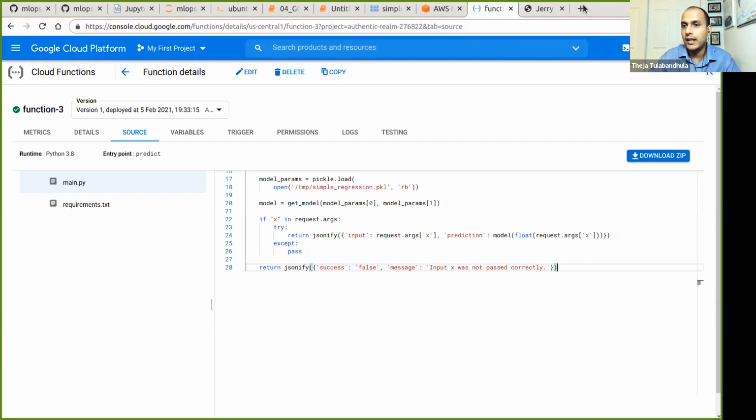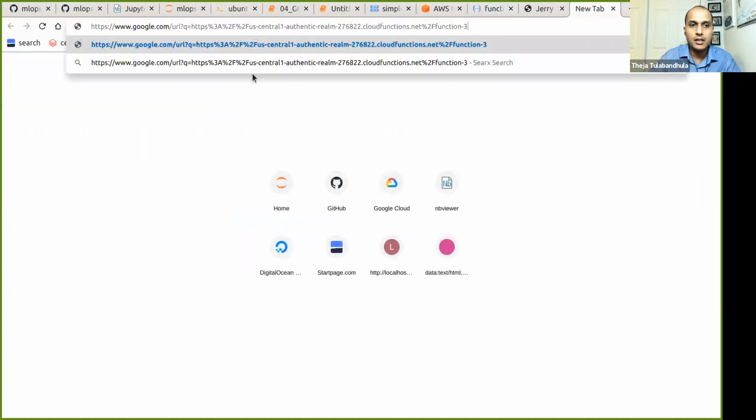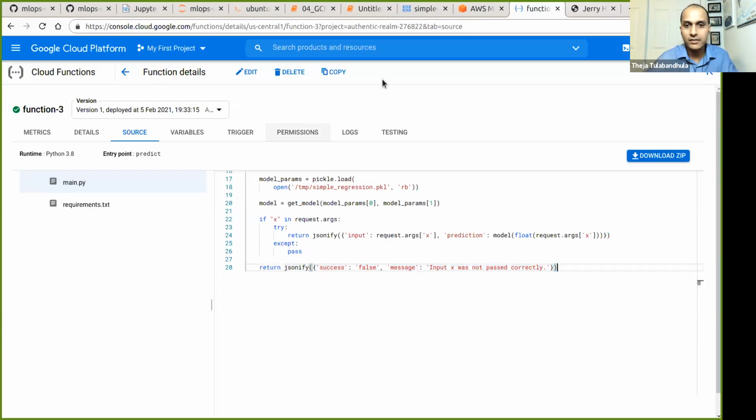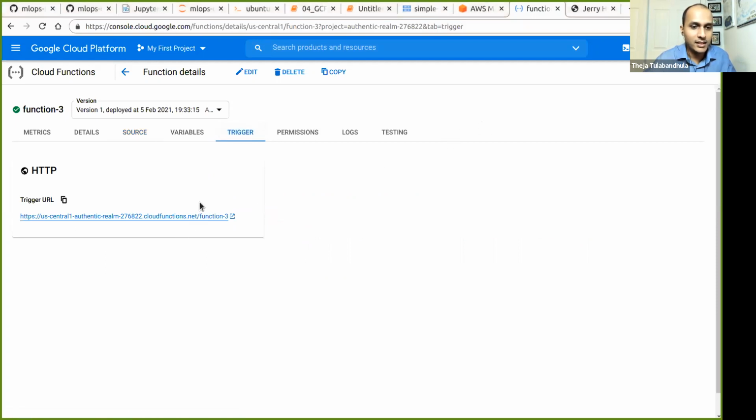Okay, so I opened that. So let me paste that function here. Nope, that's not the right thing. Oh, it actually went to Google something. Okay, sorry about that. So let me go to the trigger. Control C, Control V. So sorry, this is the function, and folks can open it if you want.